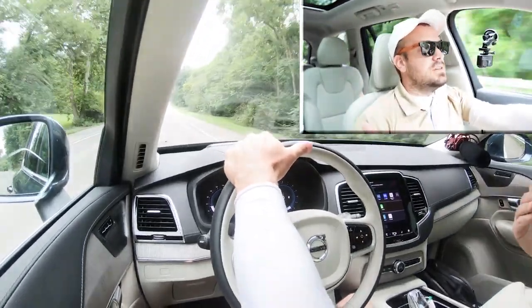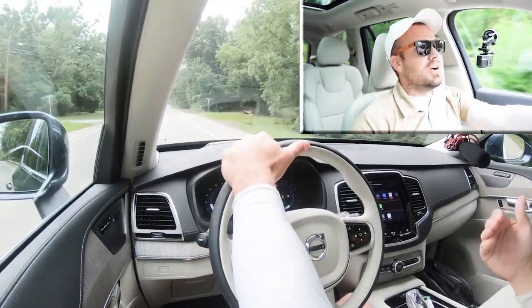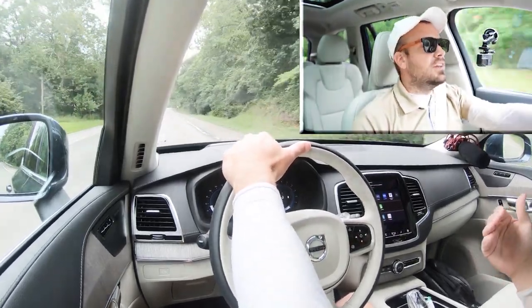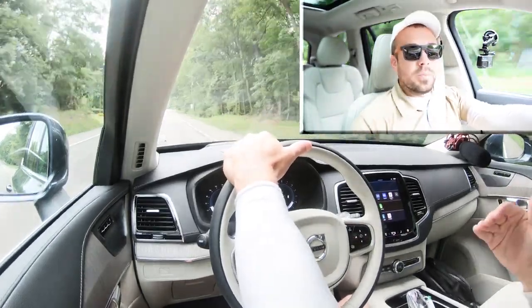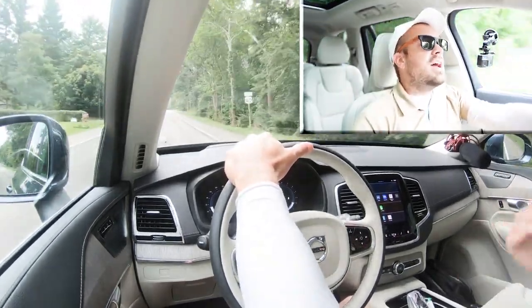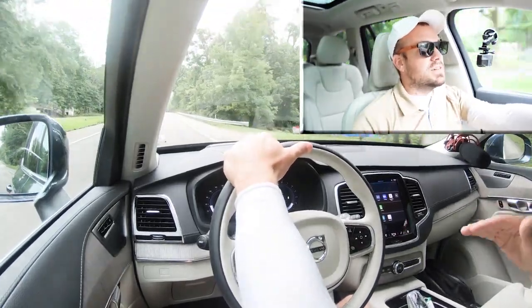A lot of SUVs will come in the upper 120s, so 113 feet is dang impressive. That's like sports sedan good. And you can tell, when you instantly hit the brakes, it's not a soft braking feel, it's a firm braking feel, which I personally prefer because it kind of goes along with Volvo's nature of being a safe vehicle. Because if you have to come to a quick stop, you want to be able to actually do that,